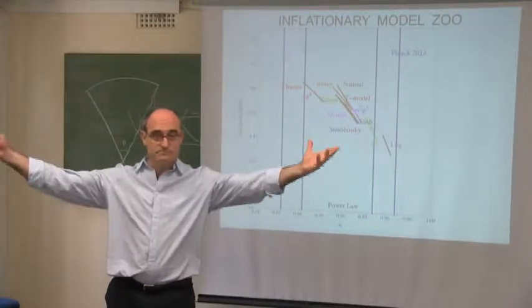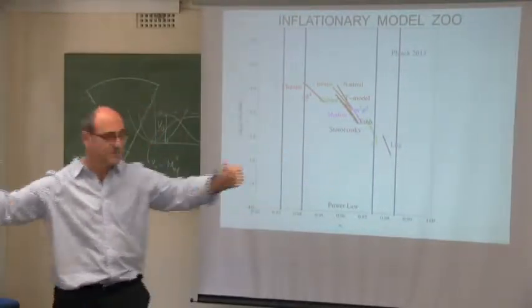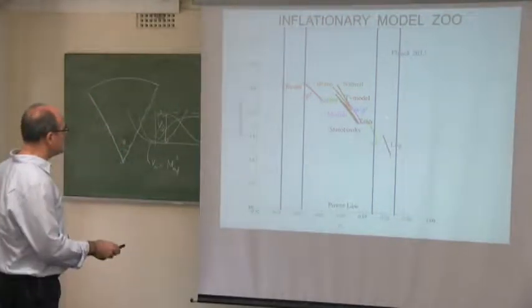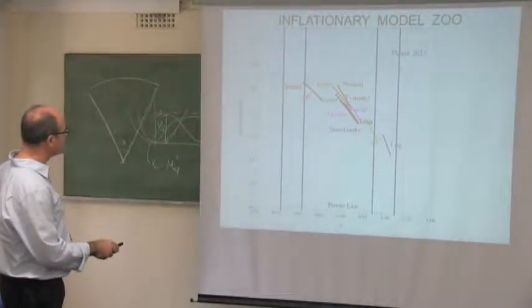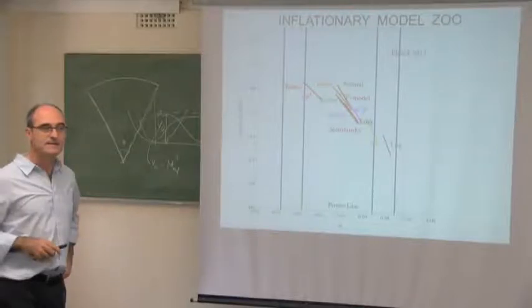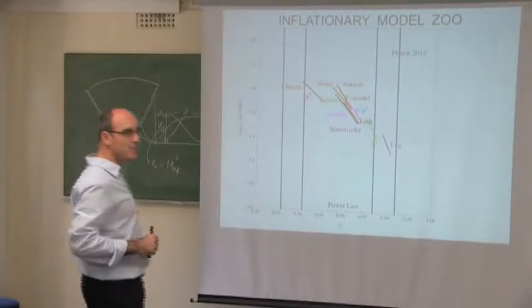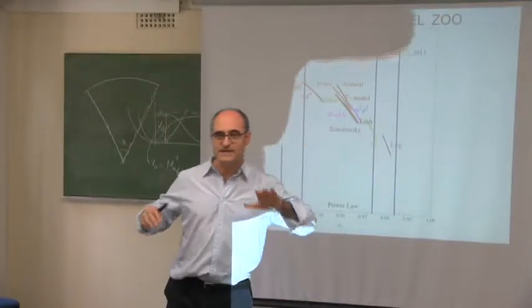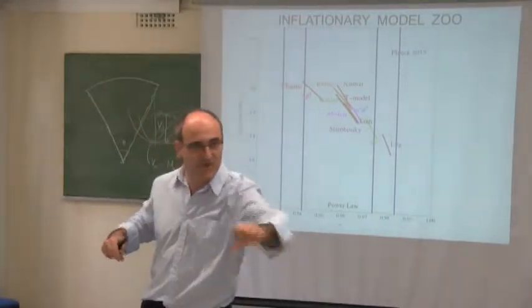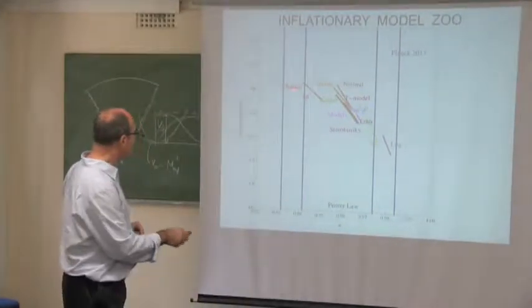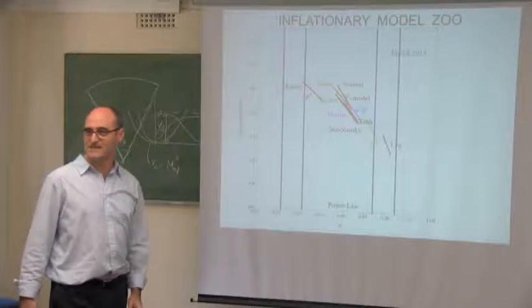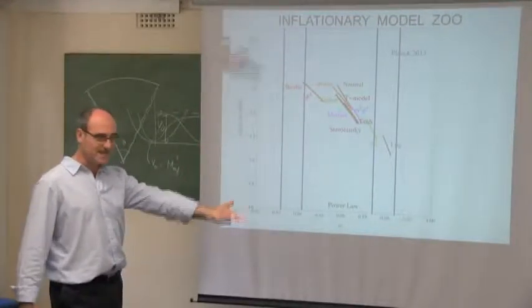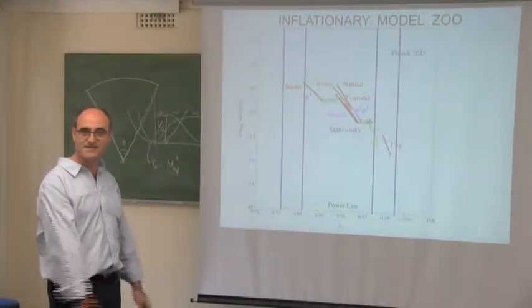That's something we realized with the other authors a couple of years ago. Somehow, the whole variety of models that we were finding in the literature, they all seem to cluster in the variation of n_s with respect to scale. So this would be a very nice way to test the theory. If we find that the variation of n_s is much faster than you would expect, then all these models will be completely ruled out. So rather than using r to test inflation, we might use this to test inflation.